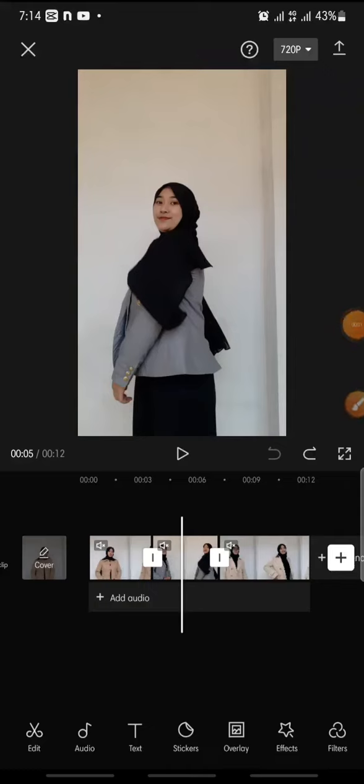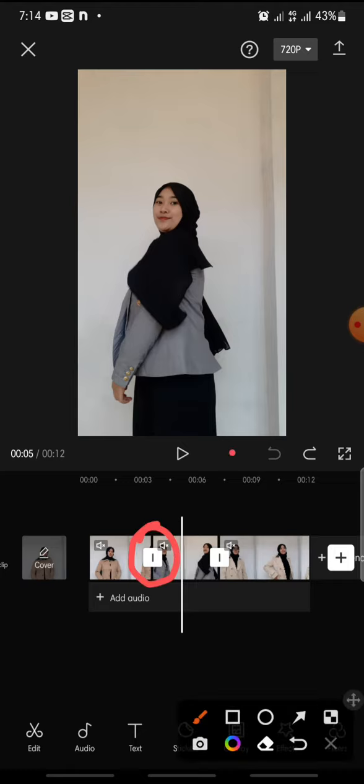In this video, I'm going to show you how to add right arrow transition effect on CapCut apps. Now let's get started. First, after you open your CapCut apps and add the video that you wanted to edit, if you wanna add right arrow transition effect, so you just click on a box white icon, this one, click